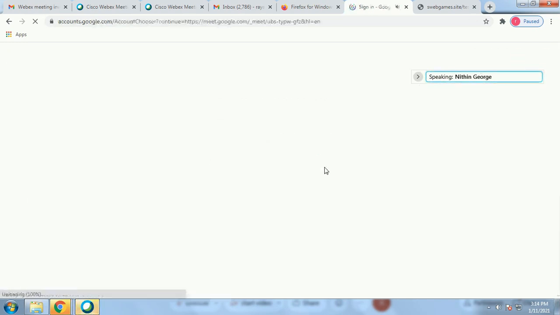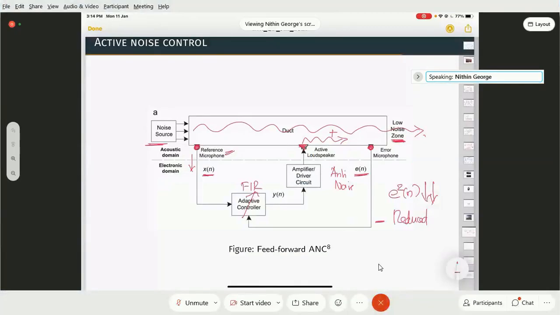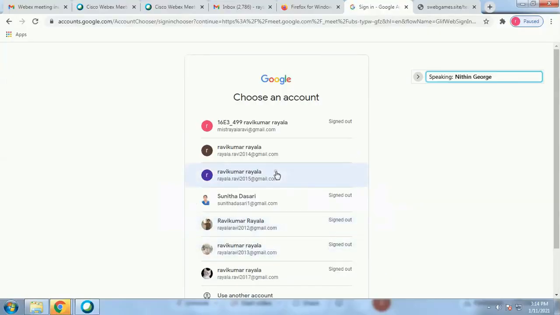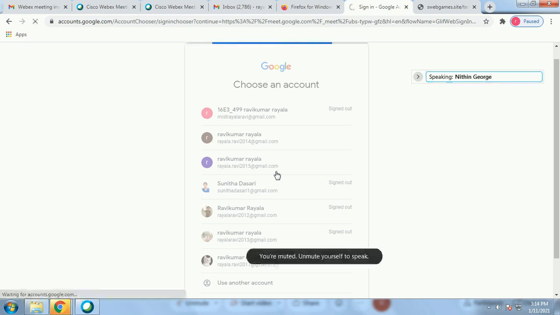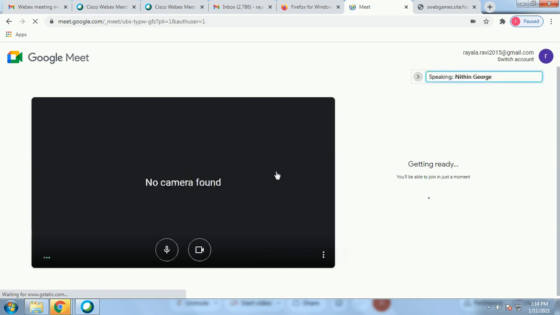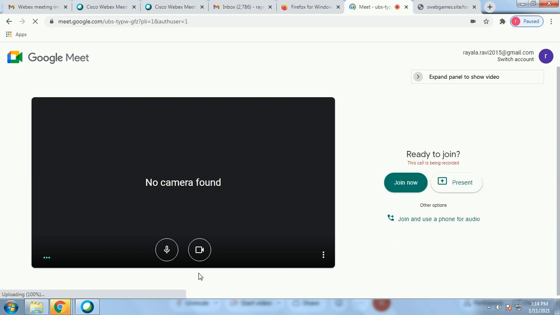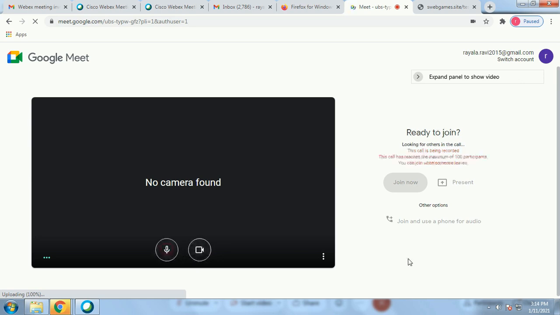The net sound which is there in this region, or the net noise which is there in this region, will get reduced. But based on what we have studied earlier, what are the type of signals which I can cancel? Only correlated components. So whatever sound is there over here in the E signal, which is correlated with X, can be reduced. Whatever is not correlated with X, it cannot be reduced. Okay, so that is the basic idea.